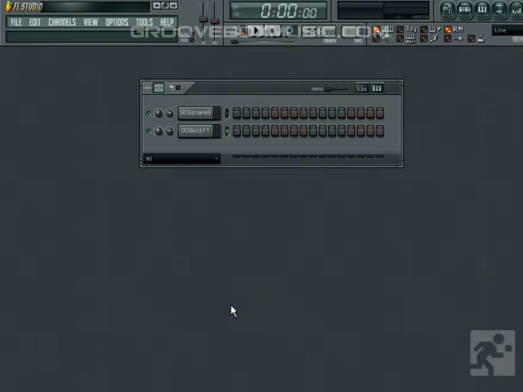The transport panel. The buttons that we have here are your standard play, stop, and record buttons. The play button will play your project from the current position, either in pattern or song mode, and the stop button will end playback and send the playback position to start. You can also double-click the stop button at any time to immediately end playback, even if a sample ends beyond